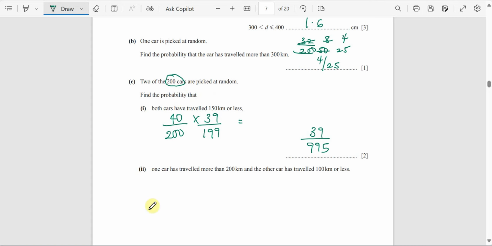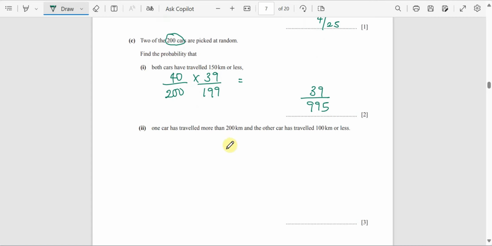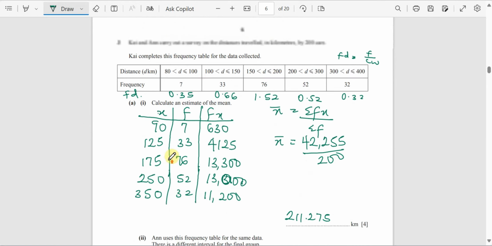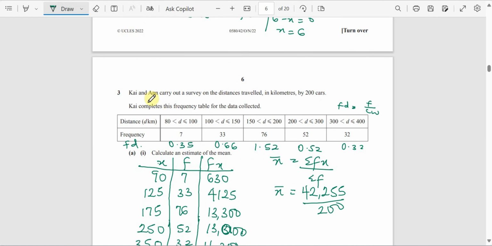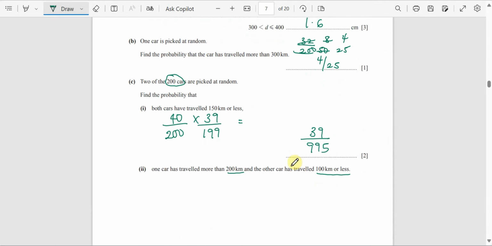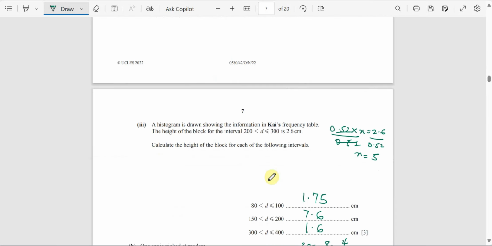And the next one here says one car has traveled more than 200 kilometers and the other car has traveled 100 kilometers or less. So let's go. What do we have more than 200 kilometers? Now you might be wondering, we're not told which to use. Is it Kai's table or Anne's table? It's actually going to give us the same answer. So more than 200,